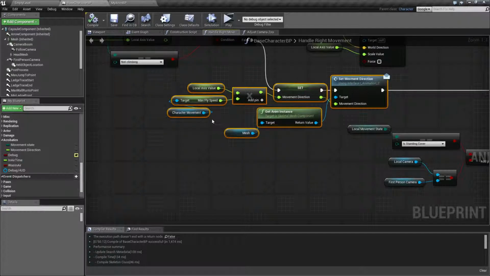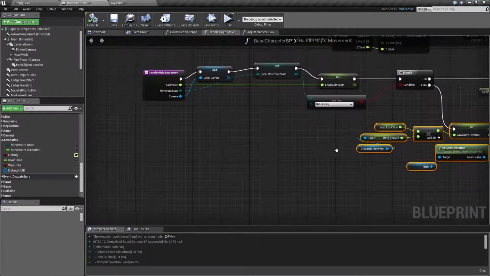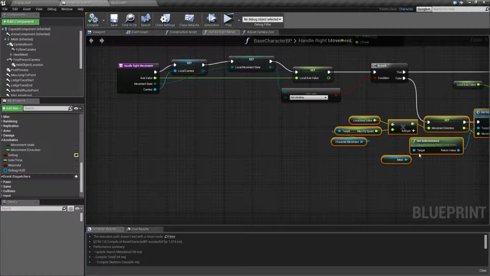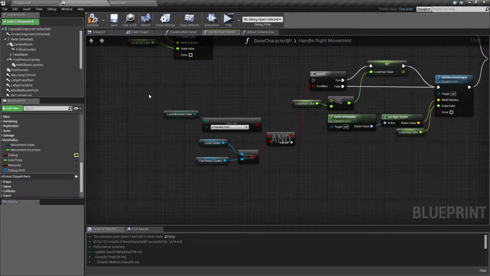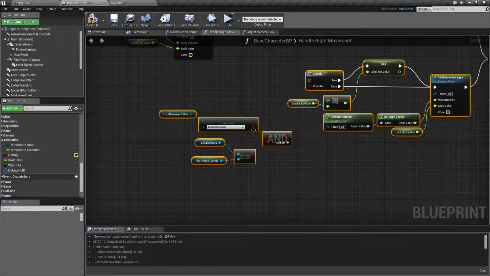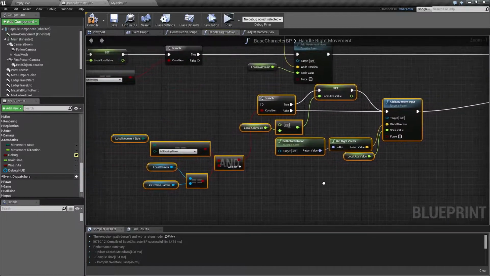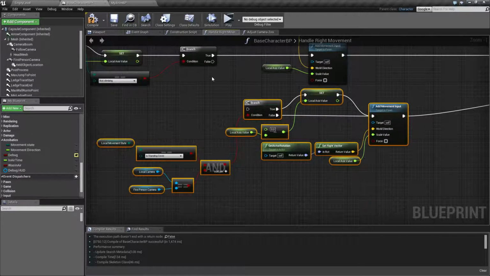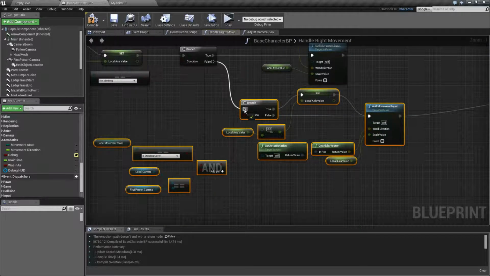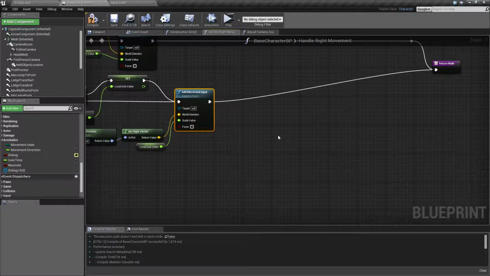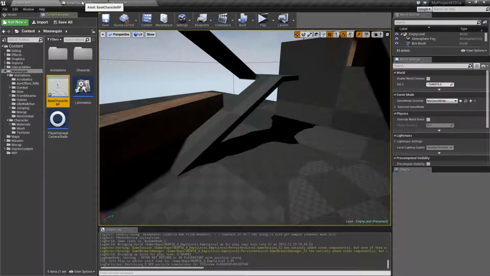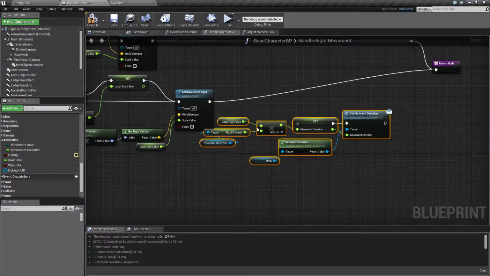So I want to take that part that handles the false part and cut that out. And I want to move all this stuff over here and connect that up with the branch, and then I want to paste. Whoops, that's not what I want to do. I want to paste this stuff here, and